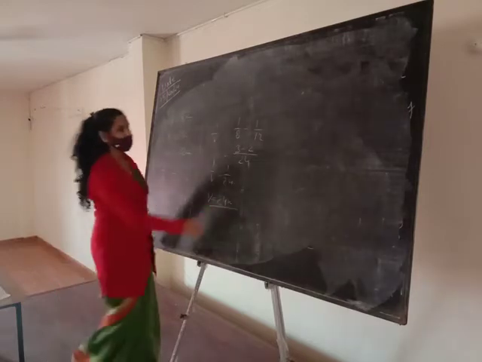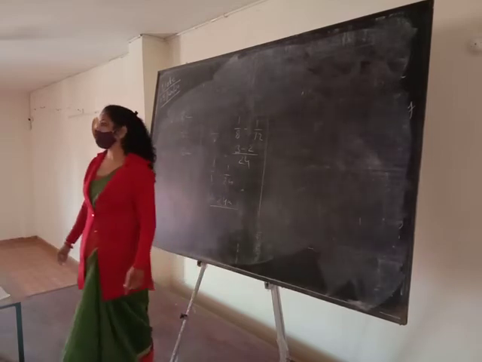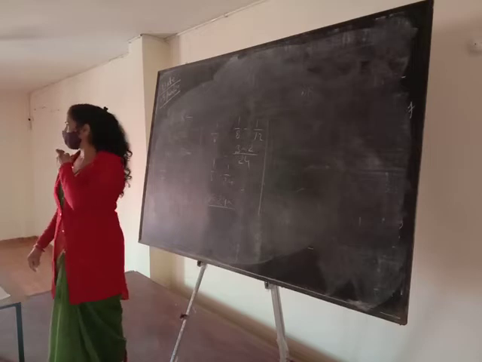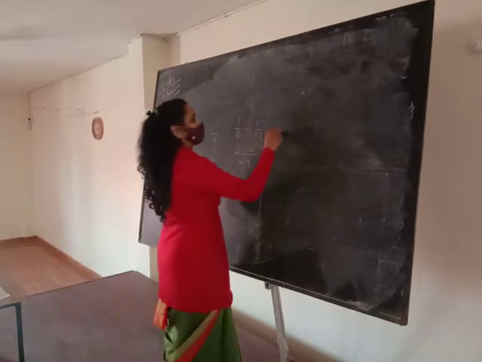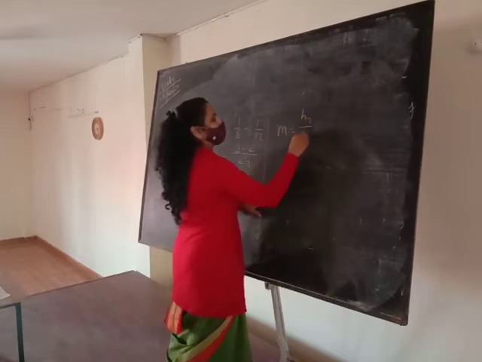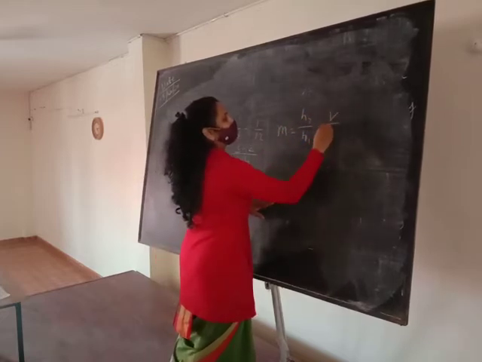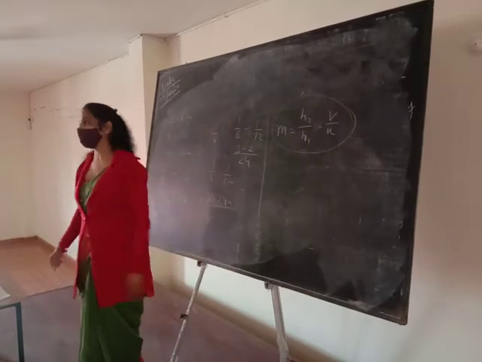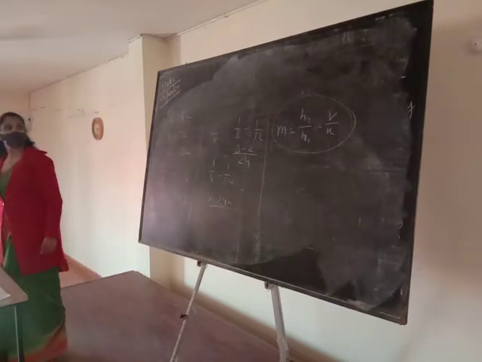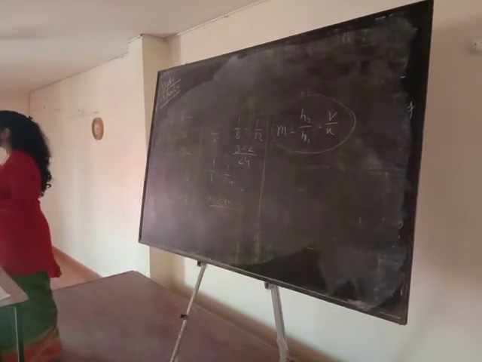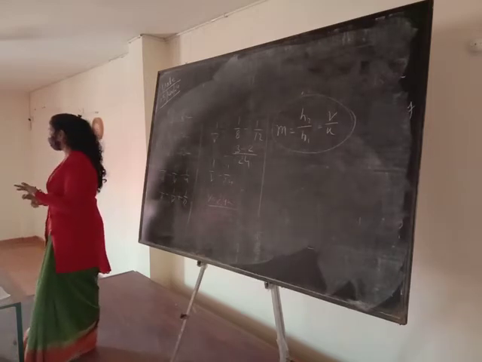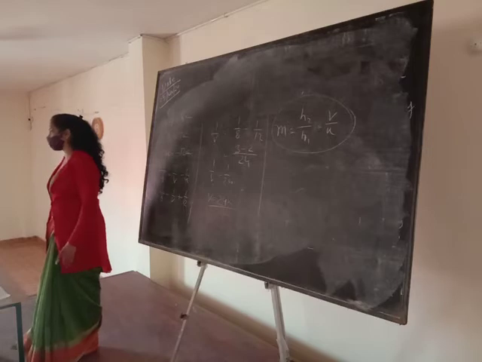Now you have to find the value of h2, the height of the image. Which formula will you use to find the height of the image? Good. Magnification is equal to h2 upon h1 is equal to v upon u. Now put the values of h1, v and u, and tell me the answer. Minus 14. Minus sign means inverted image. So now we will say that a real and inverted image is formed at a distance of 24 centimeter from the lens.